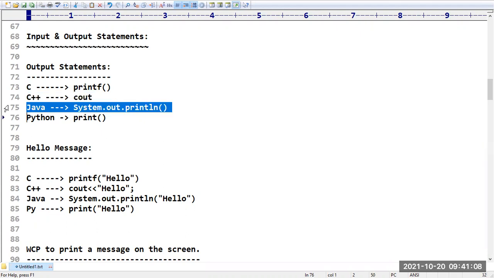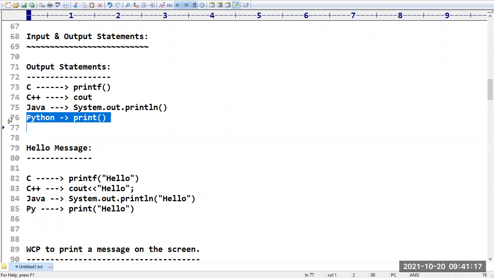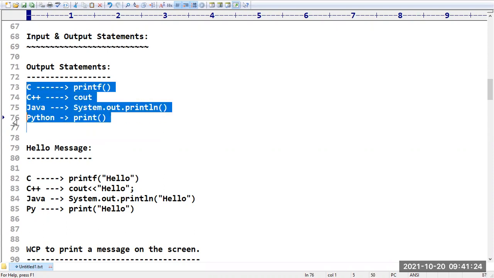In Java, we can use System.out.println to print a message on the screen. In the same way, in Python, we have the print function, which is used to print a message on the screen. So these are various output statements which we use to print a message on the screen, right?